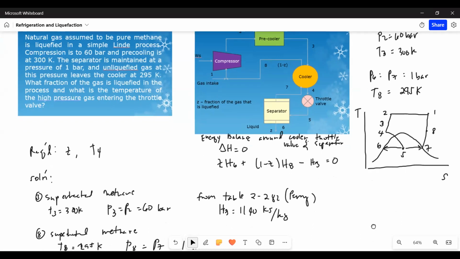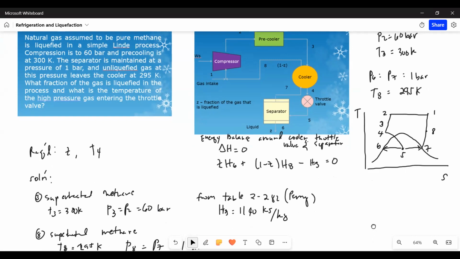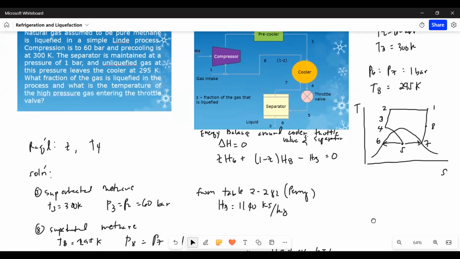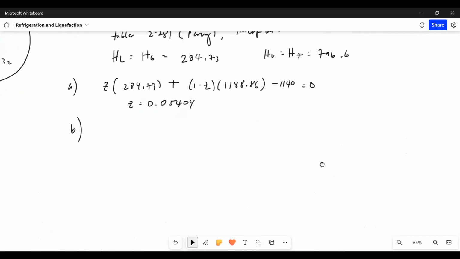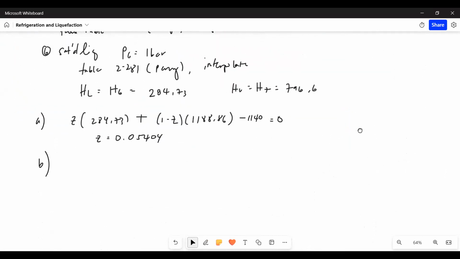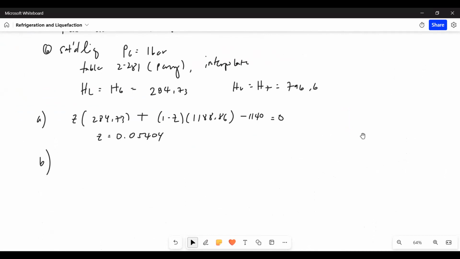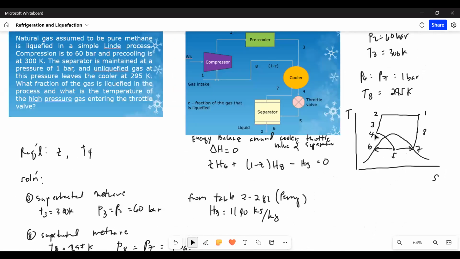Temperature entering the throttle valve. Okay. So how do we solve that? T4 is